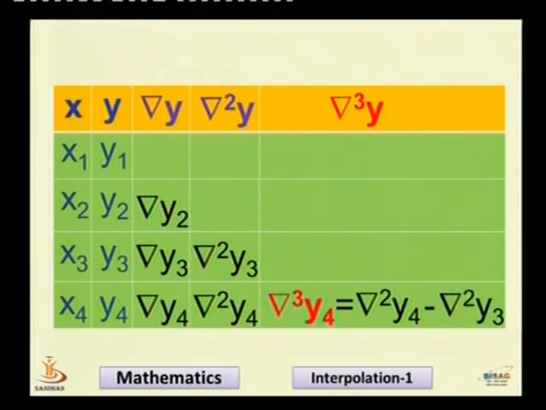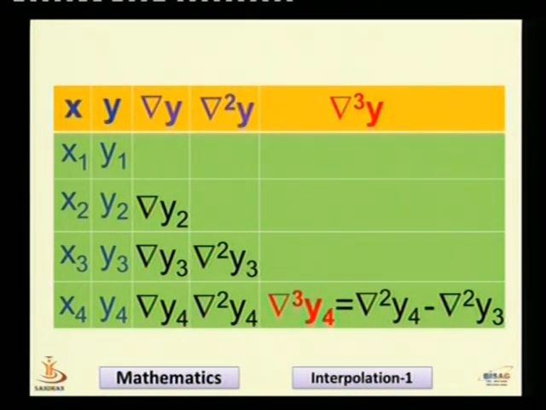Now as we have seen in the table, since we are having 4 data points, the value of nebla is evaluated only for the first 3 points from the bottom of the table, that is y4, y3, y2. The second order backward differences are similarly evaluated only for 2 points at the bottom of the table, and the third order backward difference is evaluated only for the last point of the table.